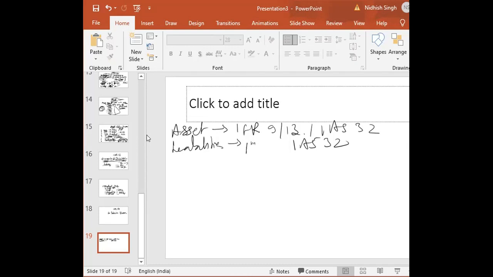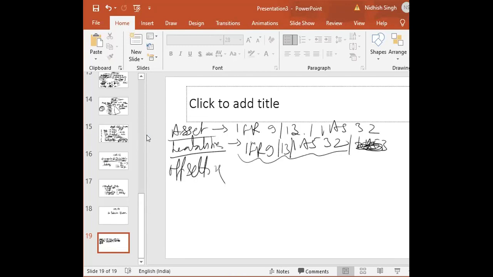What are the specific standards? IFRS 9, IFRS 13, IAS 32, IAS 39 is gone, but all these are the main standards that you need to consider before you say, oh my god, my liability is done and my asset is completed. Before you gain confidence, you need to check for all these standards. Offsetting tables, that also needs to follow IFRS 9. Intangible assets,